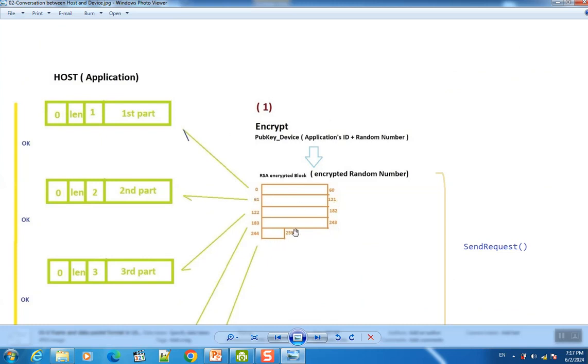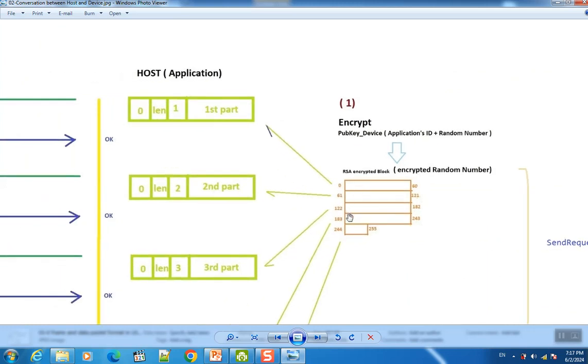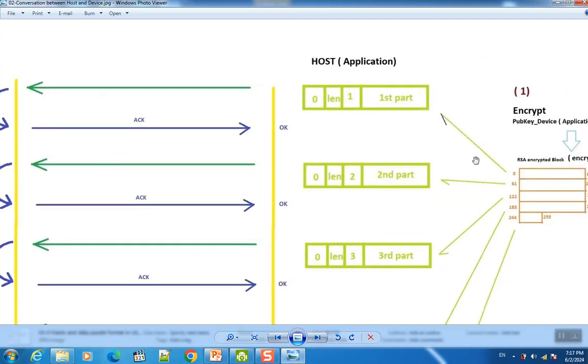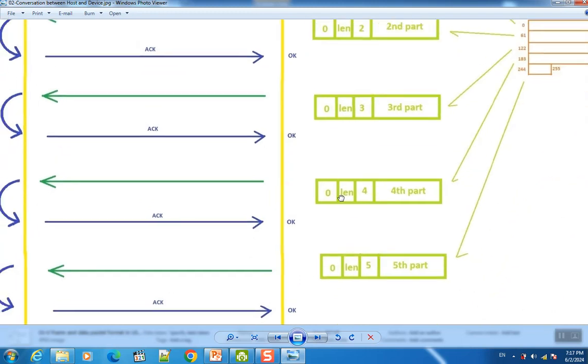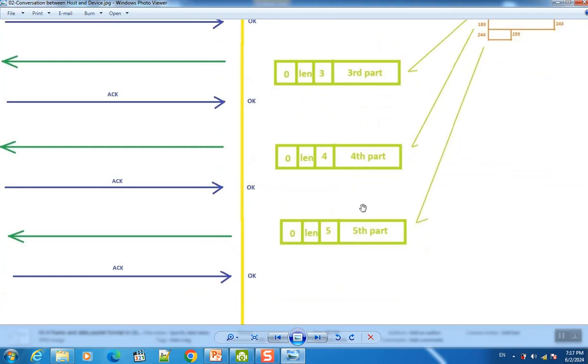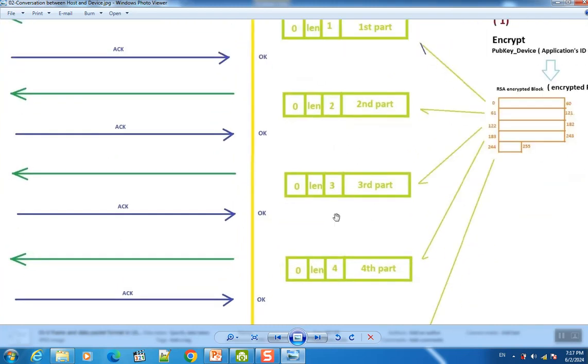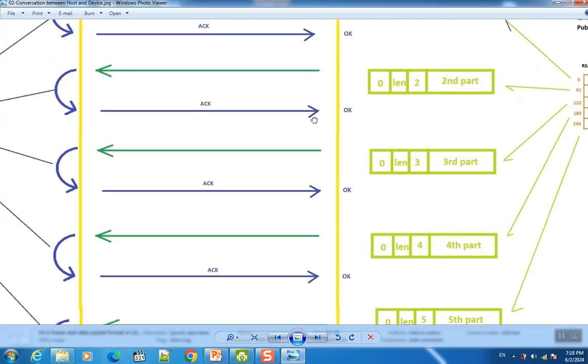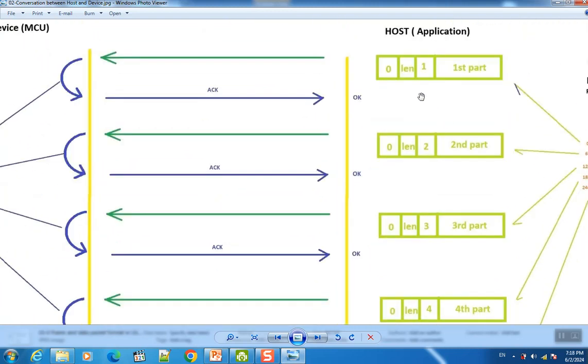Then I divide it into 5 sections, and I send these sections to the host. I insert each section into a packet, with 0 length, and the commands 1, 2, 3, 4, 5 indicate the content of the packet: first part, second part, third part, fourth, and fifth. And these packets are sent to the host,